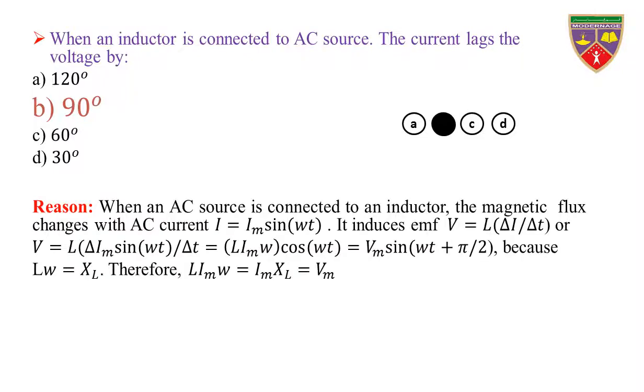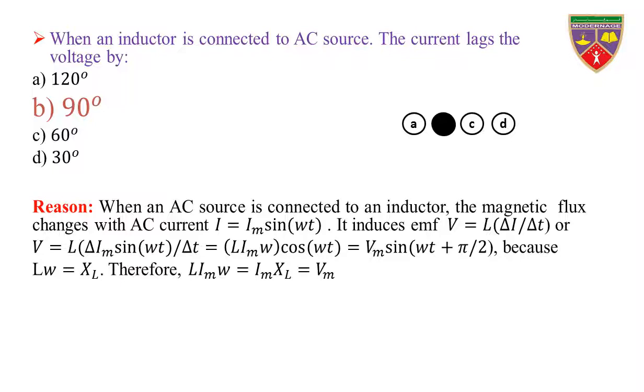Reason: when an AC source is connected to an inductor, the magnetic flux changes with AC current. I is equal to Im sin omega t. It induces EMF. V is equal to L delta I over delta t, or V is equal to L into delta Im sin omega t divided by delta t, which is equal to L Im omega cos omega t, because delta sine omega t divided by delta t is equal to omega cos omega t,